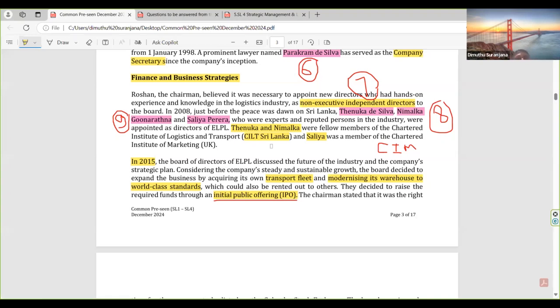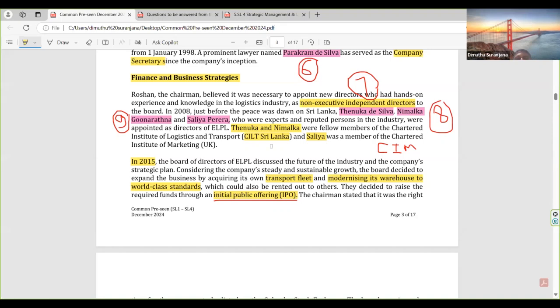Roshan, the chairman, believed it was necessary to appoint new directors who had hands-on experience and knowledge in the logistics industry as non-executive directors to the board. So they were thinking to appoint some people who have experience in the industry. In 2008, just before the war ended in Sri Lanka, Tenuka de Silva, number 7,